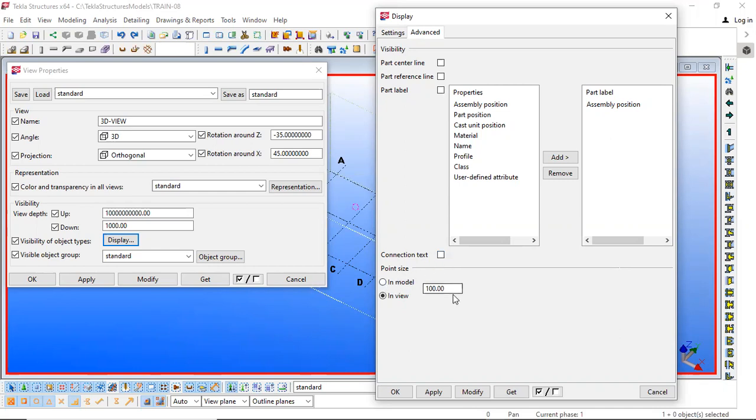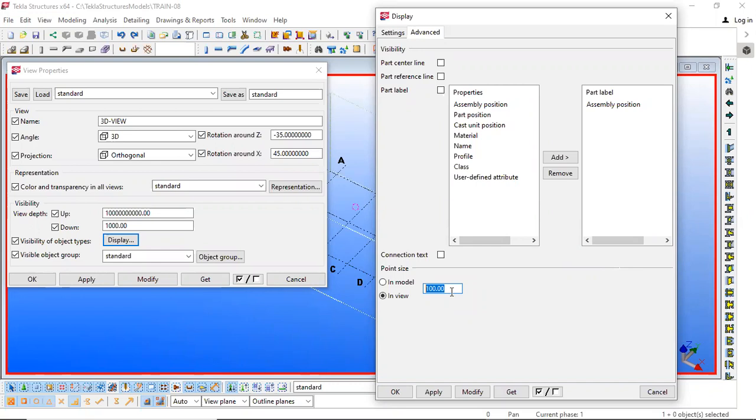Then this is point size. Points are nothing but the 3D points, and that size can be adjusted from here. Okay, visibility. Generally points are kept at a small visibility. Sometimes we are not able to identify some points, so we can increase the size of those points so that they are visible from a longer distance, right?